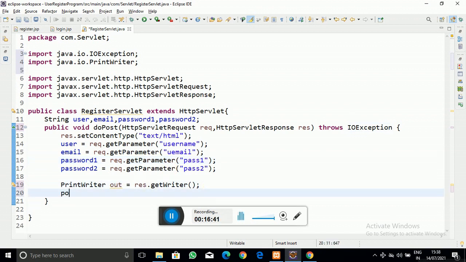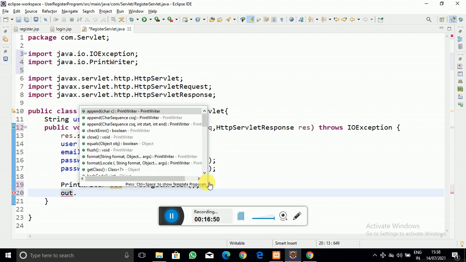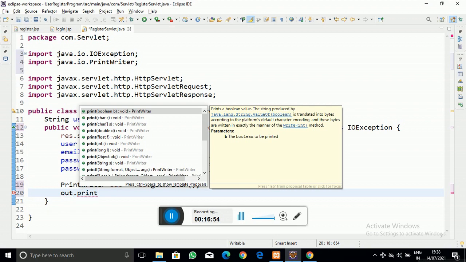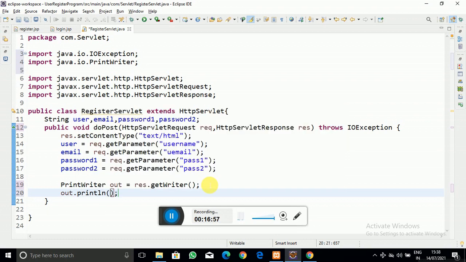Now I want to write the content onto the web browser by making use of the out parameter which I have created, out.println, and here I am going to write user.